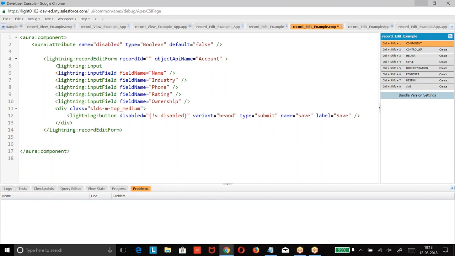Instead of input label, we have taken first name. We are supposed to give it this way. When you refer to it this way, whichever object we are referring to, that object's properties will be captured. I hope I am clear.